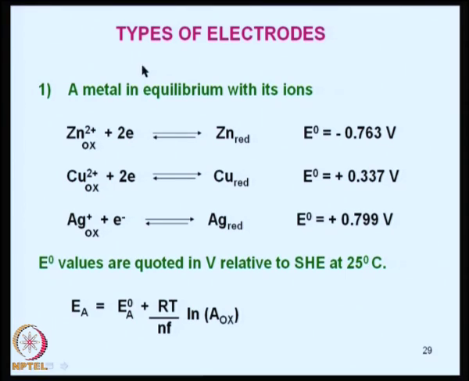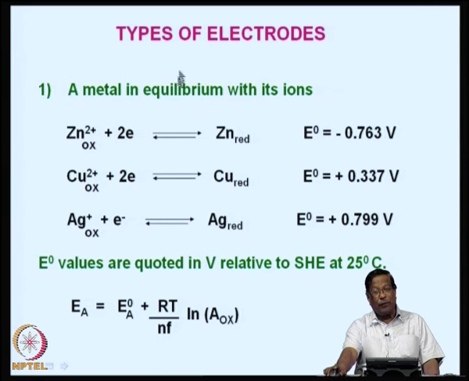Let us look at what is first kind, electrodes of the first kind. So, it means a metal rod in equilibrium with its ions. That is the electrode of the first kind. I have given you 3 examples here: zinc metal, zinc solution with 2 oxidation state, it gains 2 electrons to give you zinc metal. That means, a zinc metal is dipped in a solution of Zn2 plus solutions,